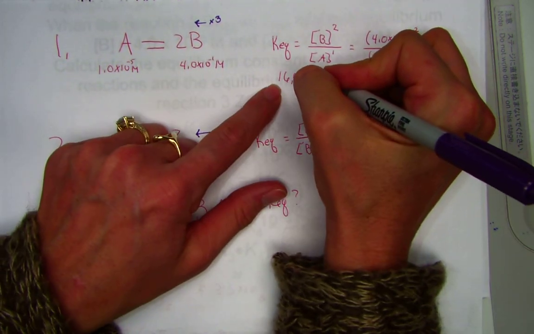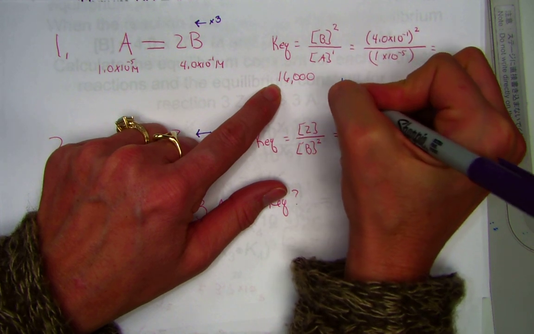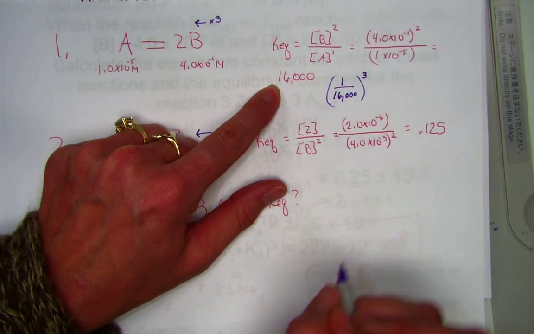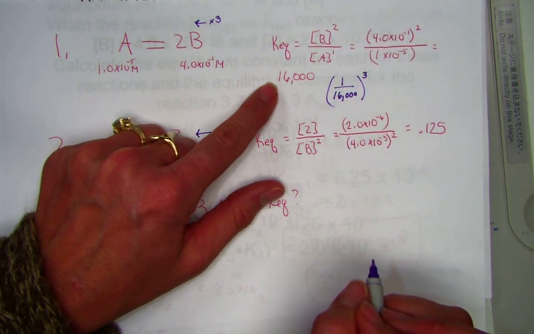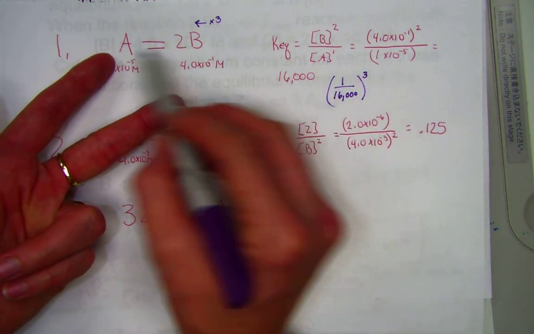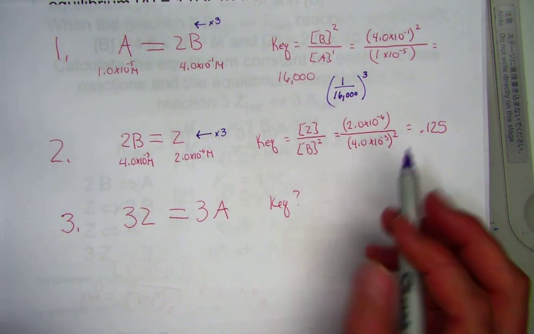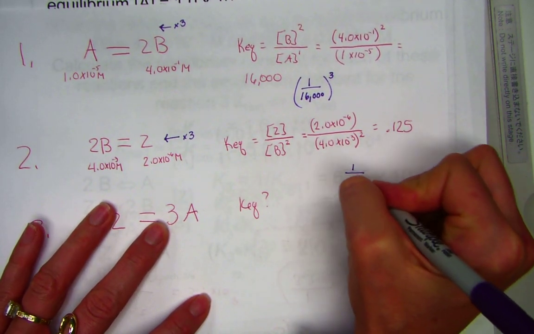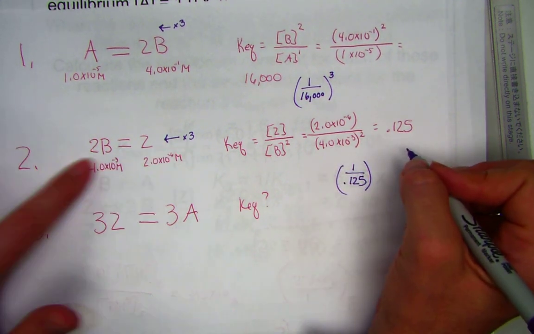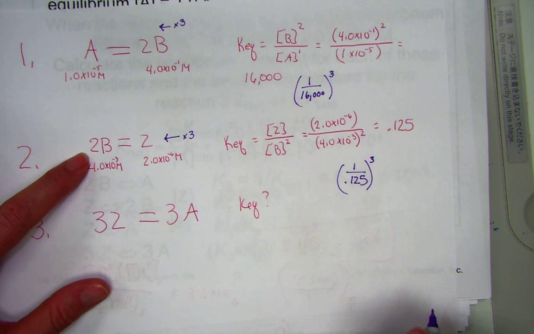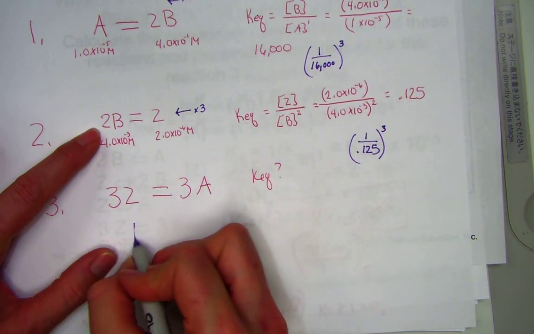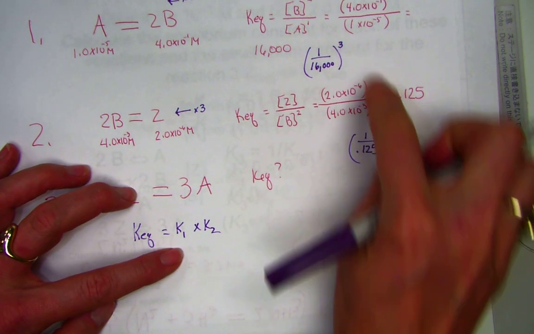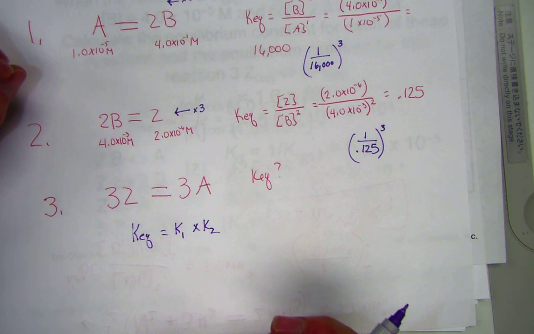Taking this value, 16,000, when we flip the direction, I take the reciprocal of 16,000. I'm going to cube that value because I distributed a 3. Flip the direction as reciprocal, distribute a 3, we're going to cube it. Same idea down here. The original value, 0.125, we flipped the direction, so I take the reciprocal. We distributed a 3, so we cube the original value. To find the target, it's K1 times K2, those new calculated values. When multiplied, adding equations together tells us to multiply